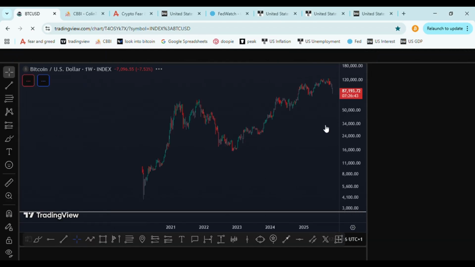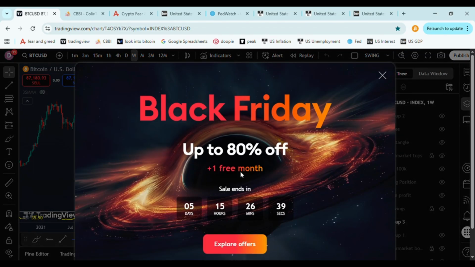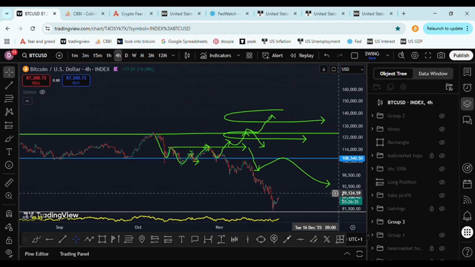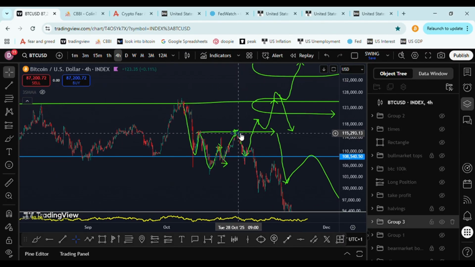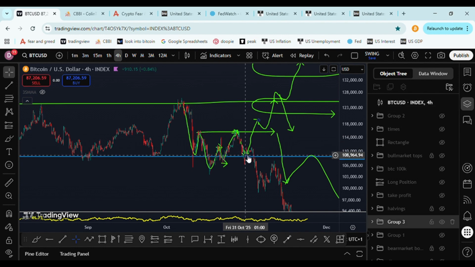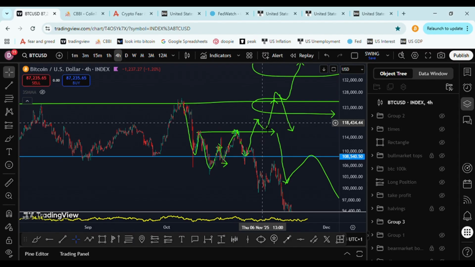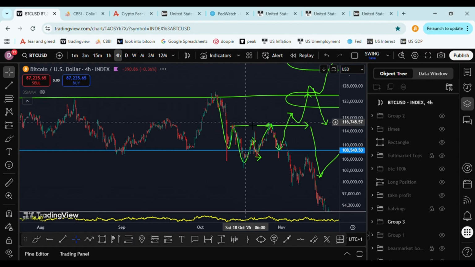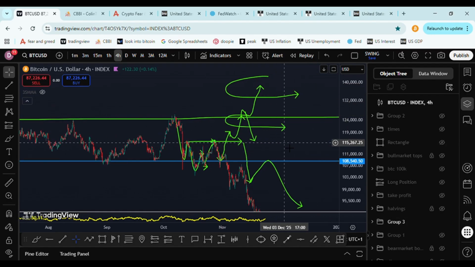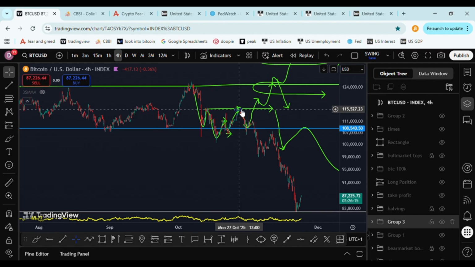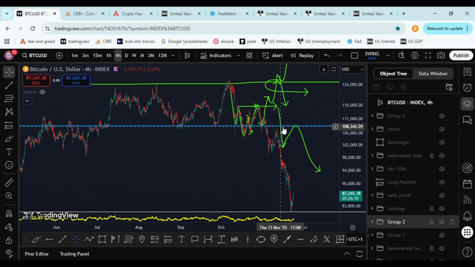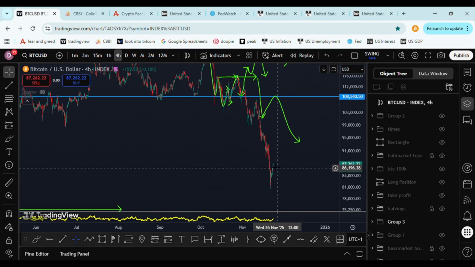Hopefully that works. Yeah. Alright, the scenarios that I drew. We are back on the 4 hour chart. Alright, so we were, I think, around here, where I was like, okay, I expect we could see a higher low here, and then break this resistance, and then see maybe a test of the all-time high. This bullish scenario didn't break out. What happened is we found resistance and we lost the low, and we created a lower low, and then support turned into resistance. We tested it back, then this bear market started.